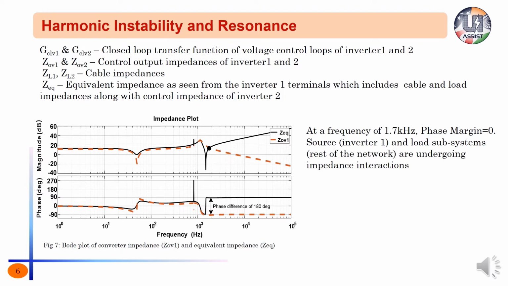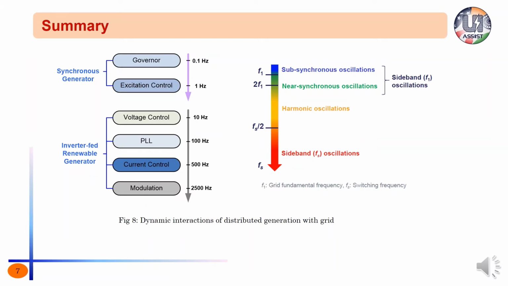It is also interesting to note that at the intersection frequency, source impedance is capacitive while the load impedance is inductive. Apart from that, in the mid-frequency region, both source as well as load impedances are exhibiting RL impedance behavior, while in low frequency, they have somewhat RC impedance behavior. So this is the reason why harmonic instability is very different from the resonance phenomenon that we see in normal passive circuits.